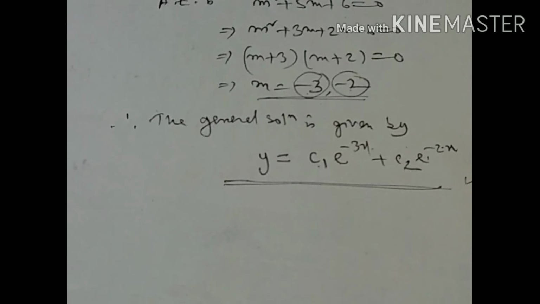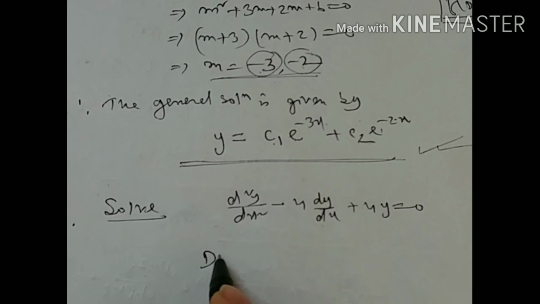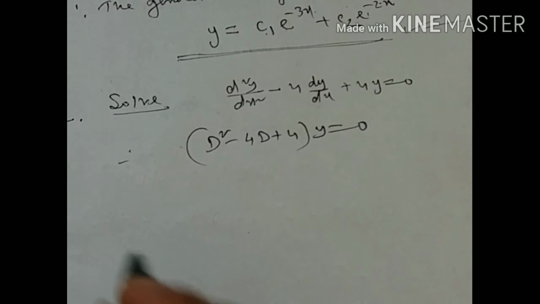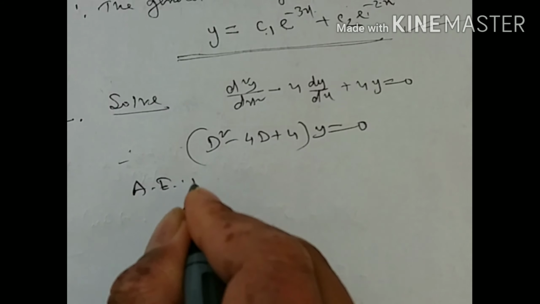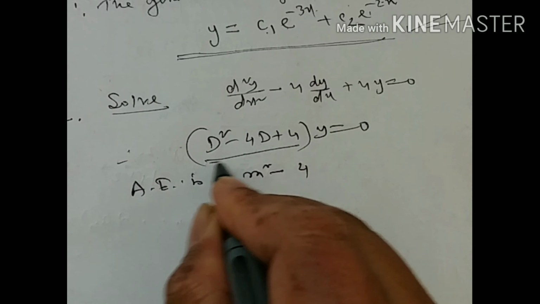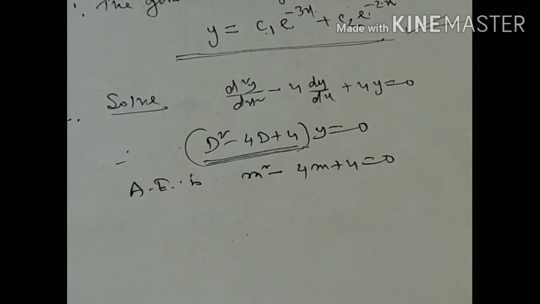Now we will see if the roots are equal. So this is the equation given, d square y by dx square plus 4 dy by dx plus 4y equal to 0. First we have to write it in symbolic form. So this will be the symbolic form of this equation. Next you write the auxiliary equation: write m in place of D in this function of D. So this will be your auxiliary equation. Solve it, we will get two values of m.